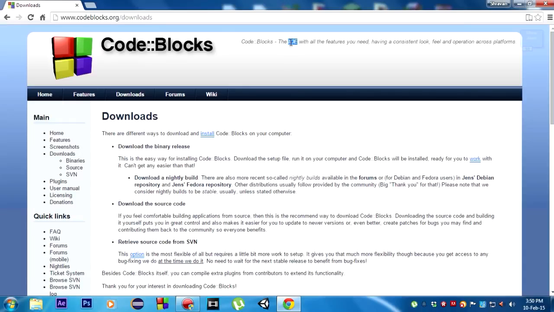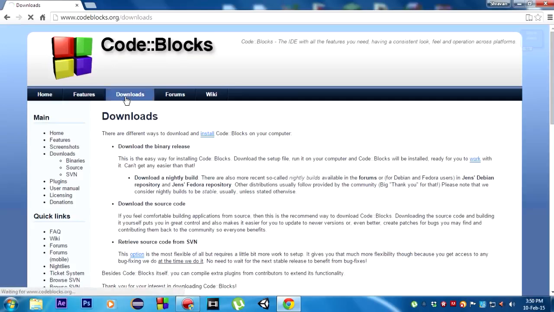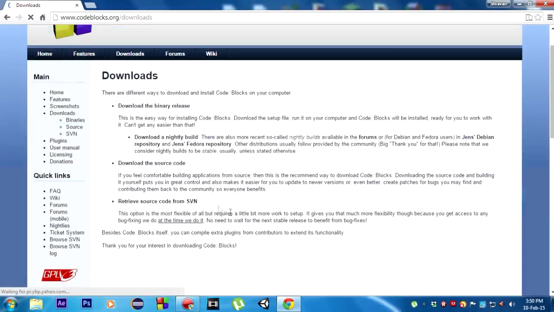So what an IDE is, it is an integrated development environment. It is itself a software in which we build softwares. Without wasting time, you just need to go to the downloads. You're already in the downloads page. You can download the binary release,